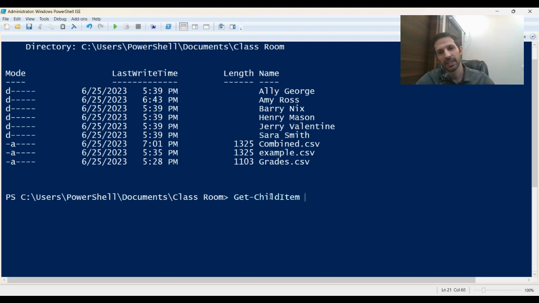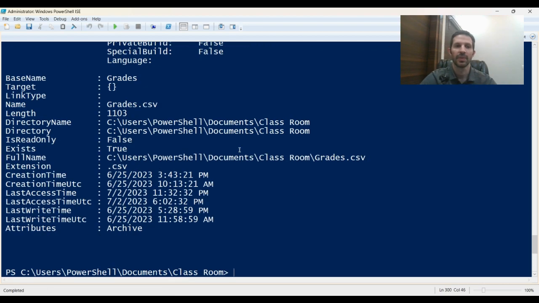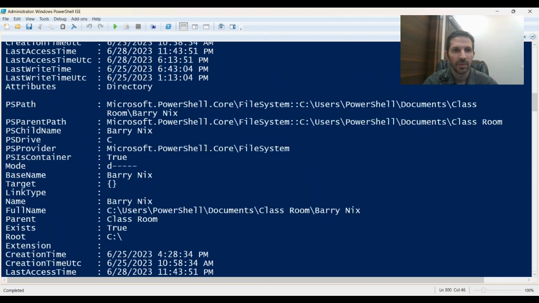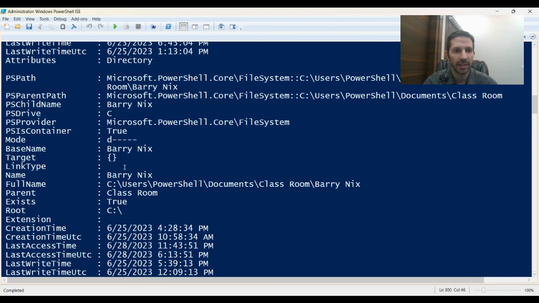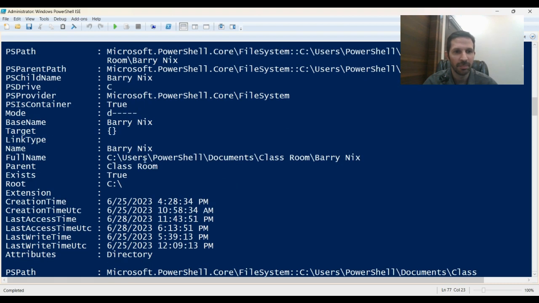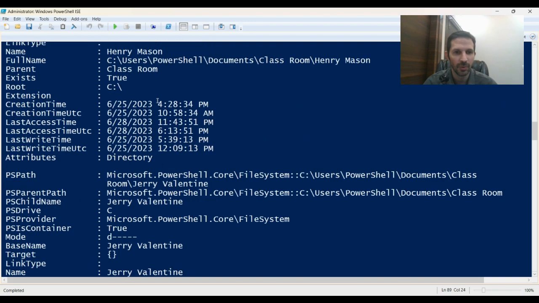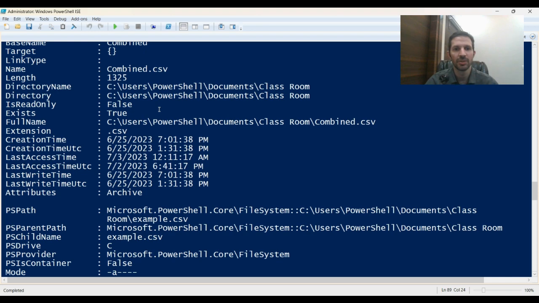So let's pipe this. There we go. Select-Object, and let's just put an asterisk for now, meaning everything. Let's look at everything. And we can see much more information now. So this is a directory, and we can see that it has a name. We have a PS child name, base name, parent name, if it exists or not, root folder, many things. If we scroll down to some of our